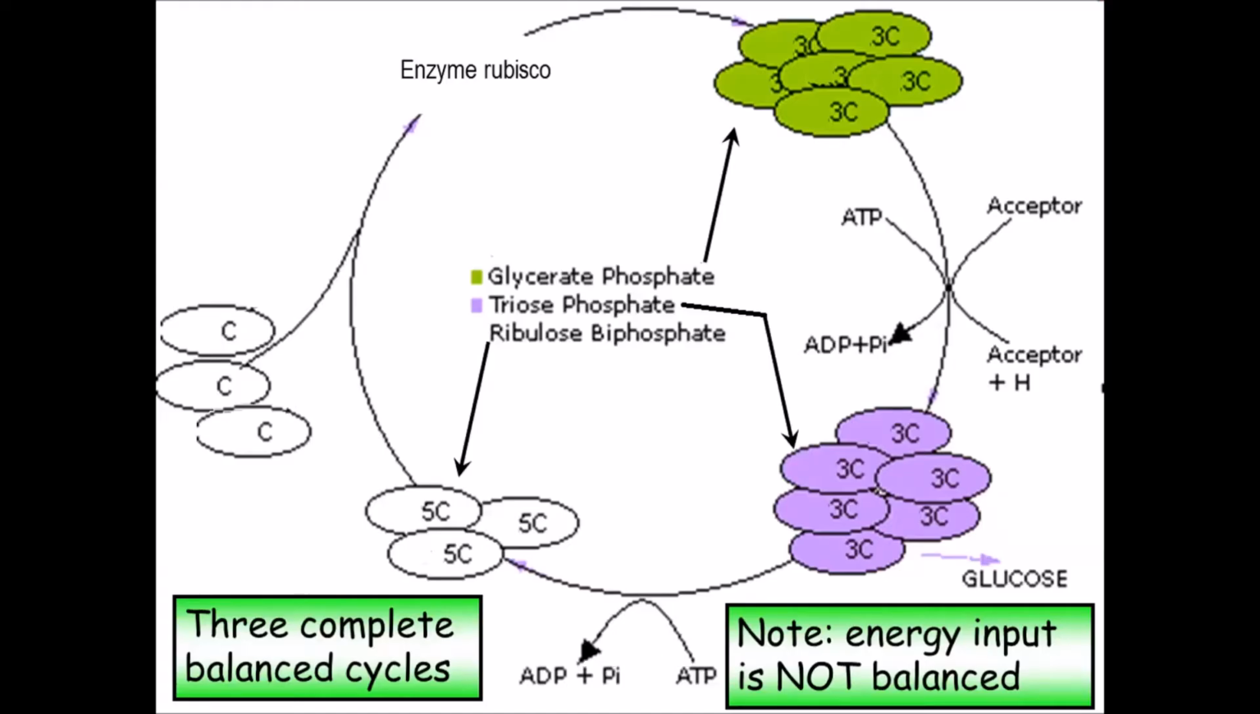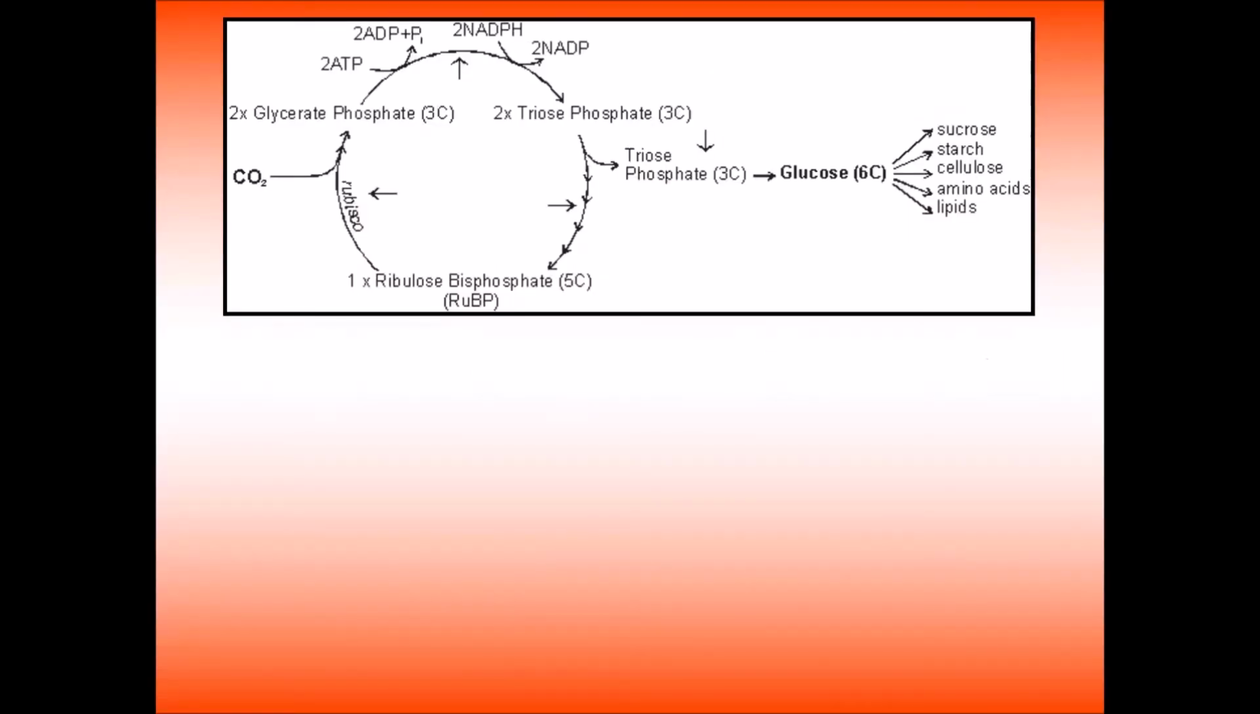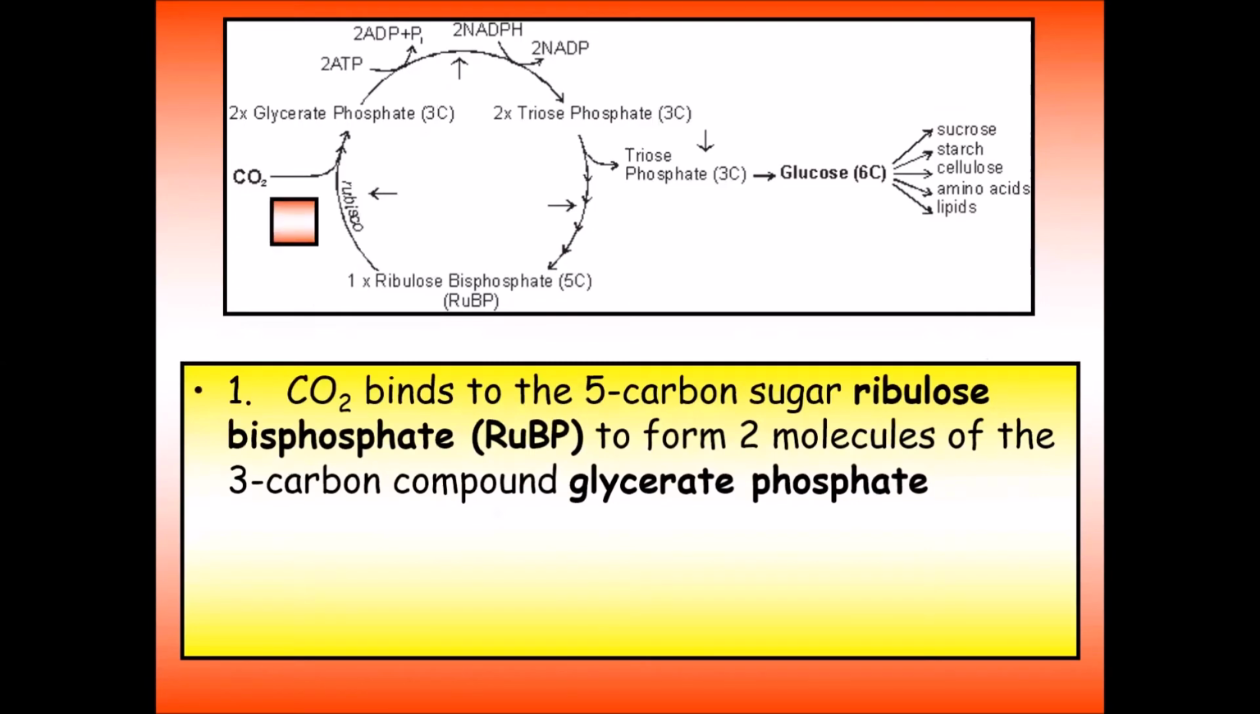So hopefully we can see that 1 turn of the cycle is not enough. 3 turns of the cycle is what's needed to produce that one stable molecule of TP that can leave. The rest get regenerated to RuBP. So to highlight this, there's a slightly more stylized diagram there, which goes through the whole thing. So RuBP is a 5-carbon sugar, and it joins with the CO2 to form the 2 molecules of GP,